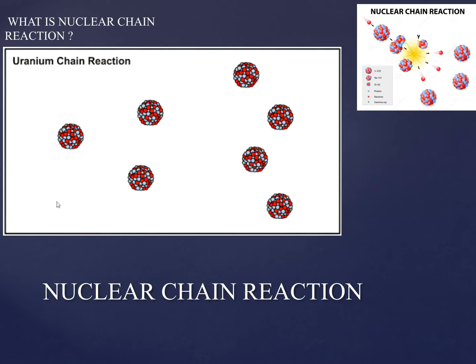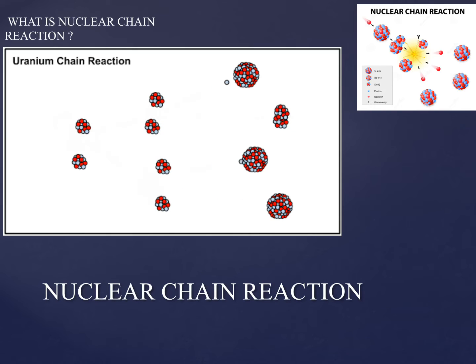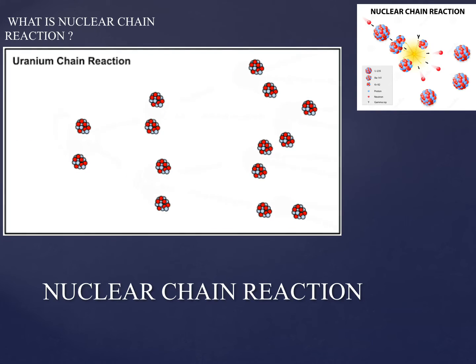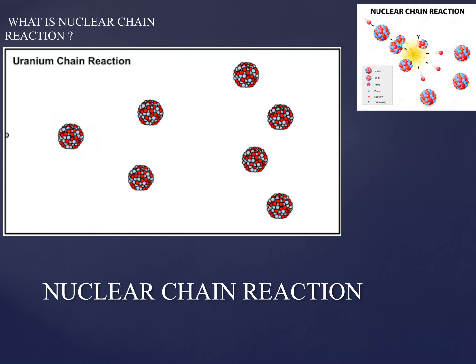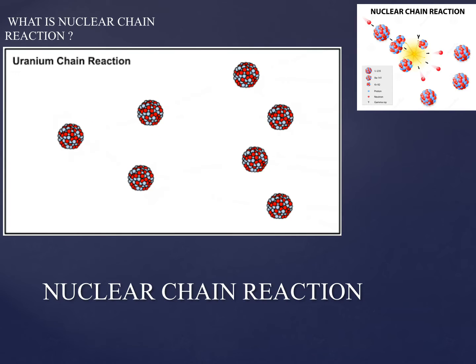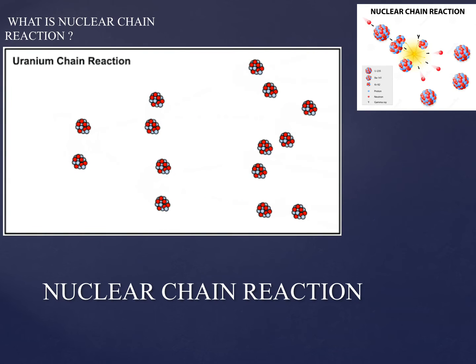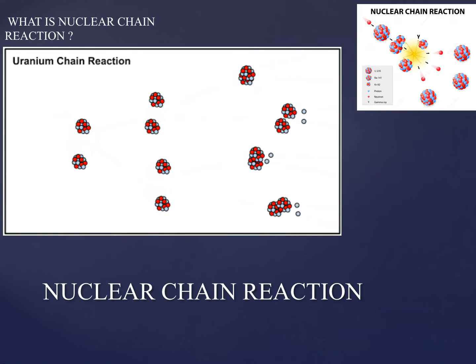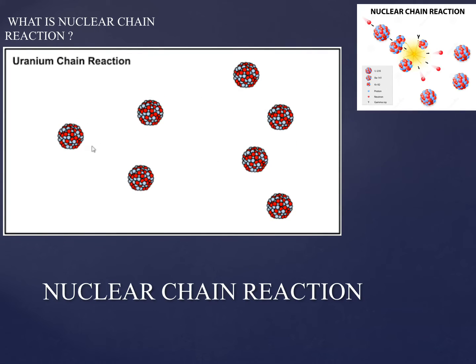Now I want you to remember the example of a uranium 235. In this example, we had a uranium 235 atom, right? And we bombarded with neutron, as you can see in the picture. Okay, so the end result was barium, krypton, and 3 neutron. These 3 neutron, imagine, suppose that each one of these 3 neutrons split other uranium 235 nuclei.